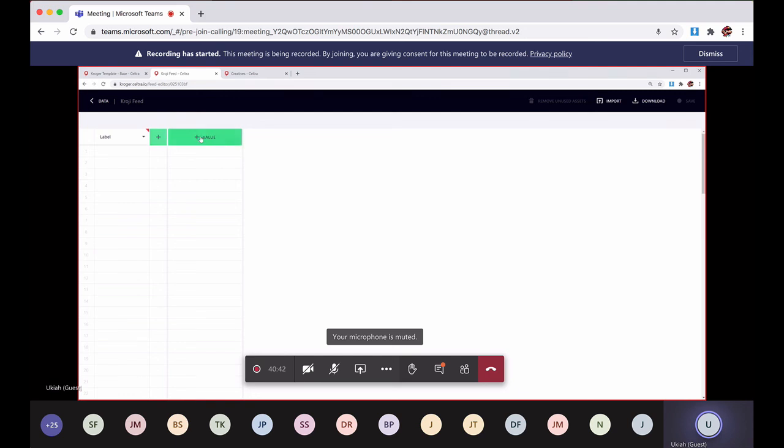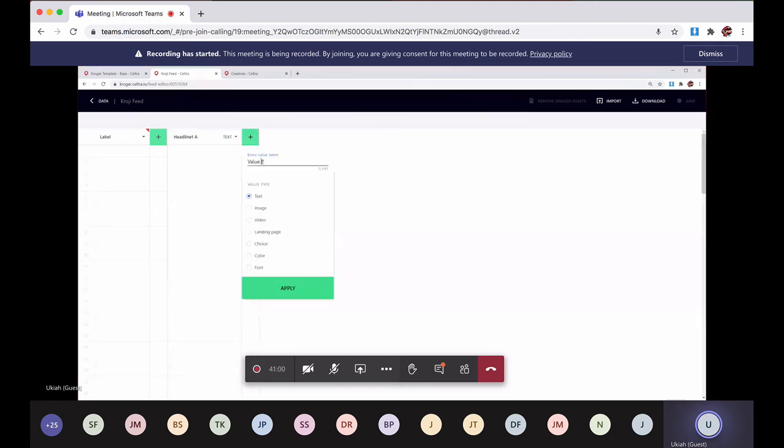So to start us out, we'll do value. We'll say this one is called headline 1, A, and we'll say this is text. So it basically asks you what type of content this is, whether it's a color, a landing page, an image, whatever it may be. This is text. I'll do headline 1, A,